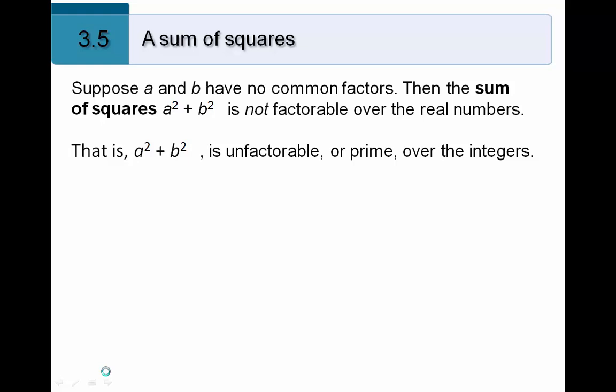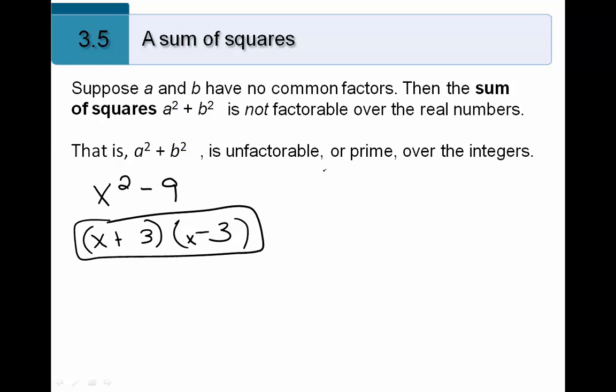So we've just finished factoring something that looks like x squared minus 9, a difference of squares. And we've factored this. We know x times x is x squared. 3 multiplied by 3 is 9, and one is plus and one is negative. That's no problem. However, if you have x squared plus 9,